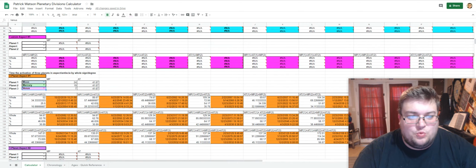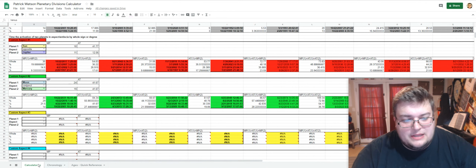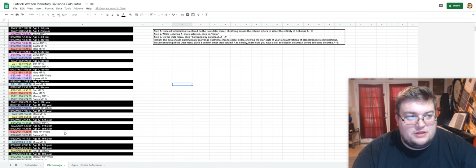But in any case, once you have filled out all of this information and as many aspects as you want, you're going to go to the chronology tab, which is at the bottom. So you just got to scroll down to the bottom and hit chronology. Now, what you're going to do is this list needs to be refreshed each time you change anything on the